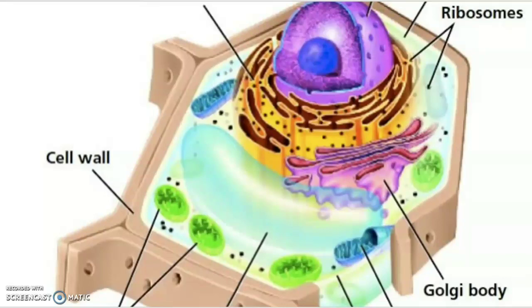What is the function of the cell wall in plants? It exerts an inward wall pressure to resist the outward pressure exerted by the cytoplasm. So plant cells can withstand much greater changes of the surrounding medium when compared to animal cells. Okay, that is the main function of the cell wall.